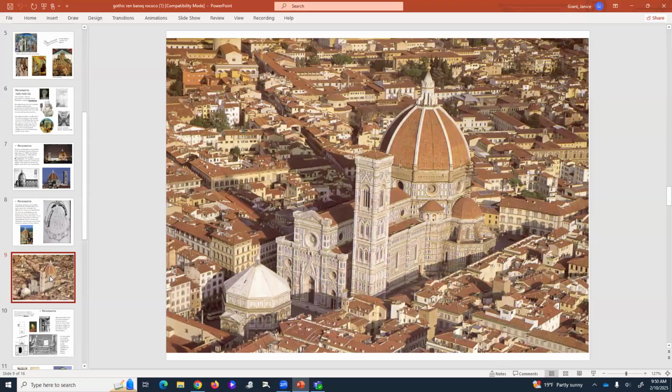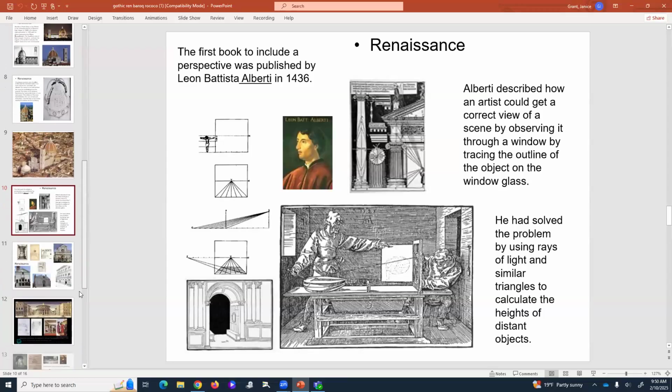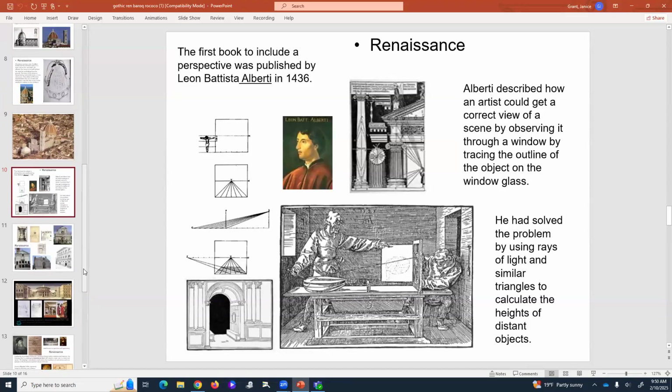You can see all the proportion of the different windows. And so the book that was written about all of this talk during the Renaissance Festival. I almost said Renaissance Festival, Renaissance period. The first published book about perspective was by Alberti,